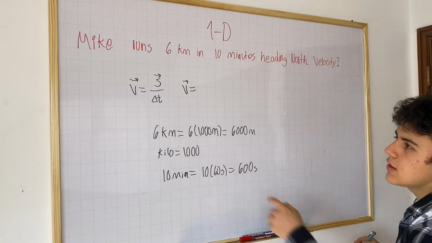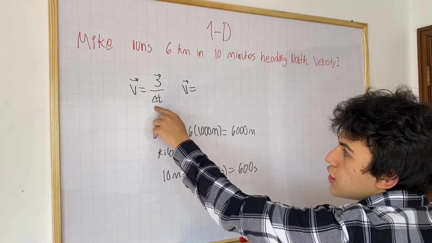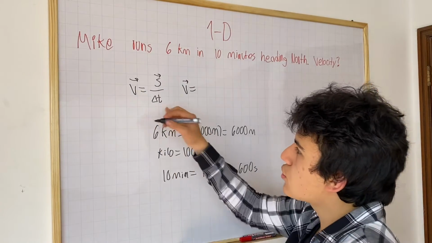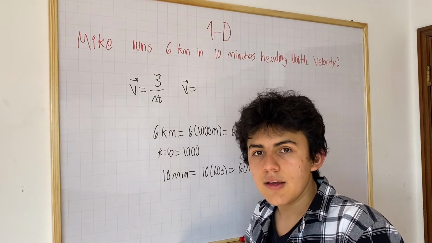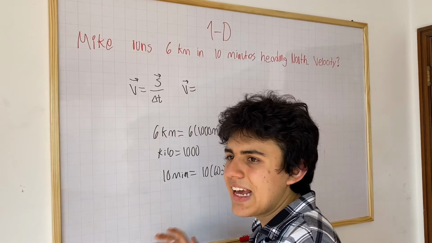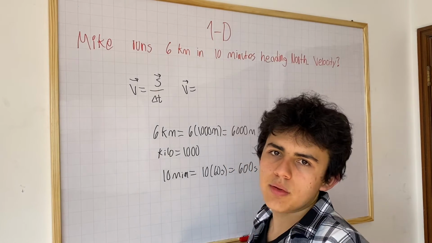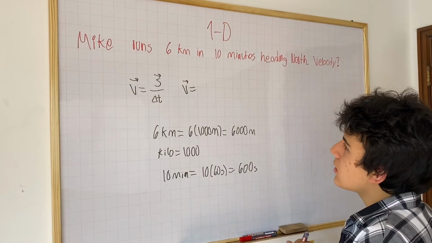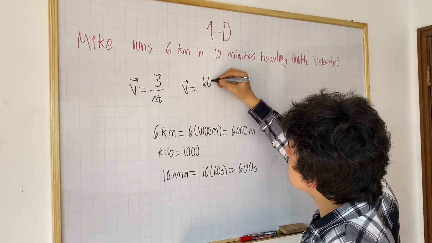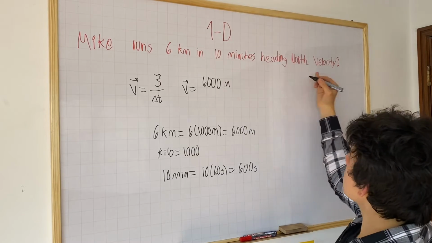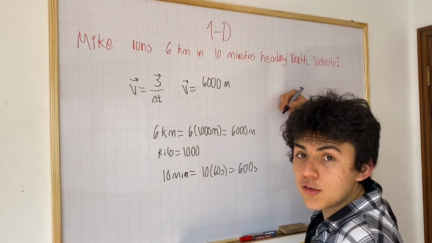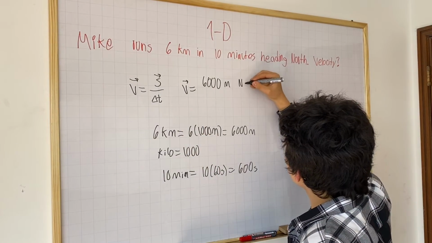Oh, and by the way, maybe I didn't explain this, or maybe you don't know. When we have this triangle right there, it's what we call delta. Delta is simply saying the change in something, okay? The net change in any quantity or variable that you have. So now with those two values, now let's solve. The displacement, we know it would be 6,000 meters to the north. Remember, we're taking displacement, so we're playing with a vector. So I'm just going to write north